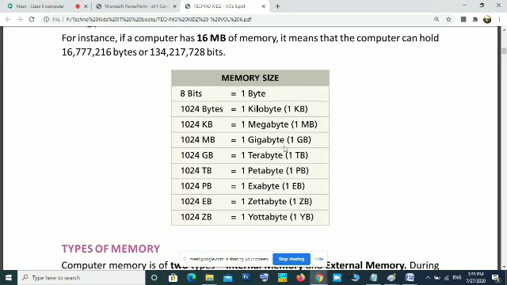Okay, 1024 terabytes is a petabyte. Then exabyte. Exabyte is a large storage capacity, needed by companies like Google or Facebook, because all over the world you are saving in Google. Yes or no? When you upload files, they go to Google's server, Google's computer. YouTube videos come from Google. All over the world, people are storing into Google's computers.